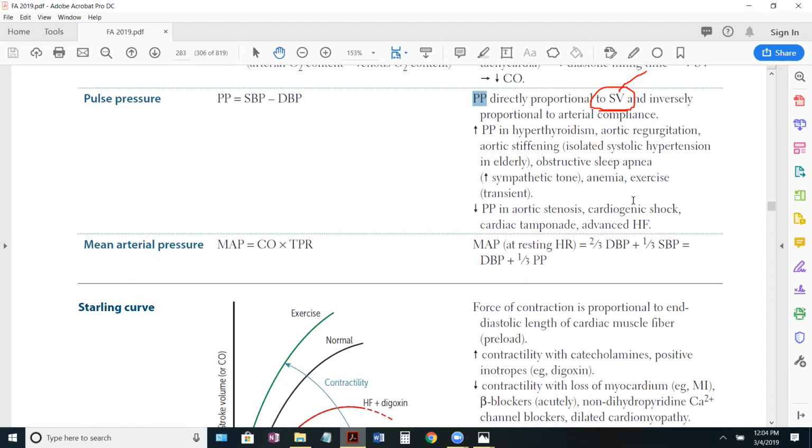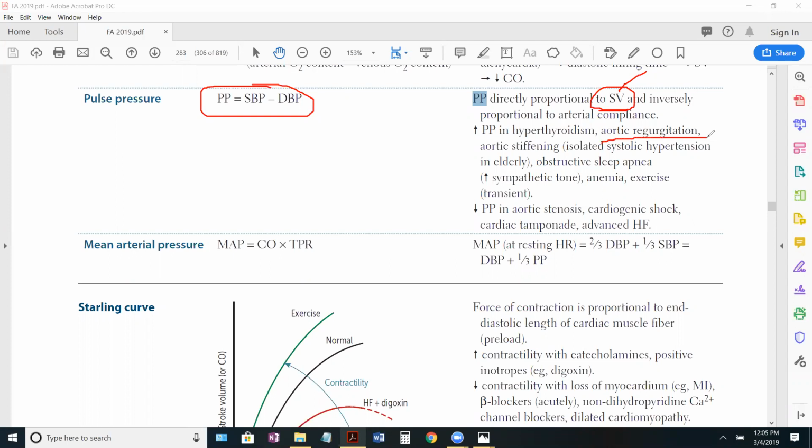Okay. Question. When you put your hand on your chest and you feel that the heart is beating really hard, so that there is a lot more of the heart wall coming out of your chest, does that mean there is more pulse pressure? No, that does not mean that. The pulse pressure is the technical and mechanical definition, and the definition of pulse pressure is this. One of the physical signs of high pulse pressure we will see when we discuss aortic regurgitation. I will show you that a very high pulse pressure is very classic of aortic regurgitation,